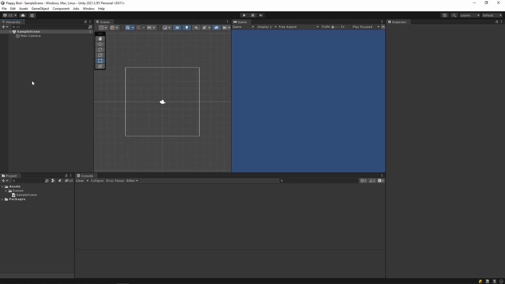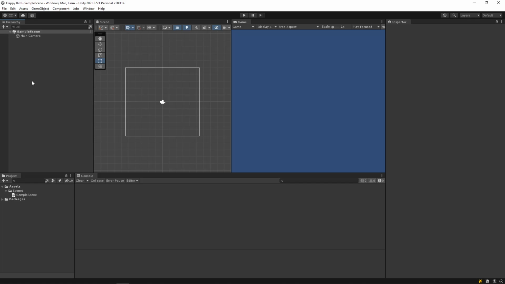Right now, we have 1 game object in our scene. It's called main camera. If we click on that, you'll notice a bunch of things happen. I'll talk about them in a second. And right now, the scene is called sample scene. We can create a bunch of these and add them to our game, but I'm not going to be doing that today.